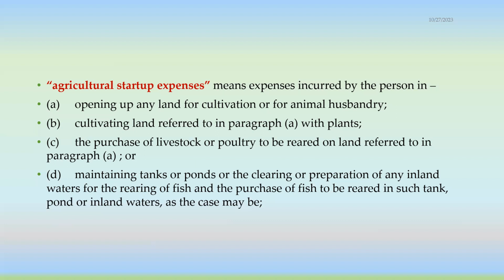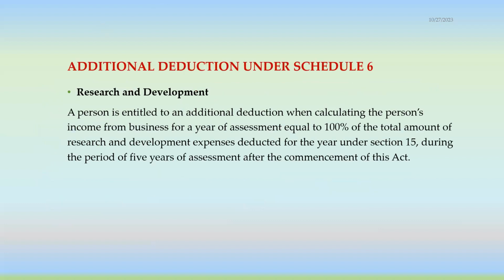We consider that kind of expenses as agricultural startup expenses and allowed to be deducted under section 15. And for this purpose, there is an additional deduction, which means not only the expenses incurred, in addition to that actually incurred amount, another deduction is also allowed, which we call the additional deduction. In this case, this additional deduction is 100% of the total amount